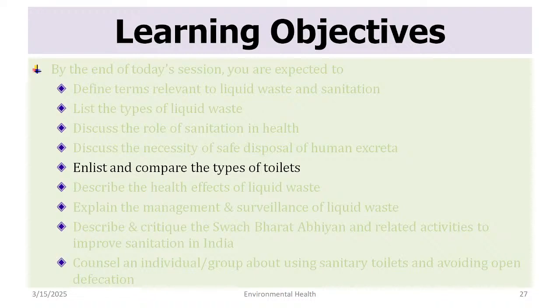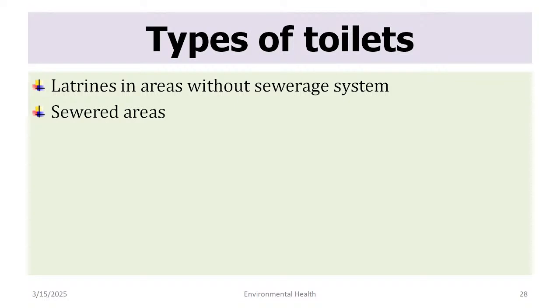So we have a necessity of safe disposal of human excreta. Quickly, how do we know excreta is disposed of? One way is to construct good scientific toilets. I will not go into details of that. I'll show you the types of toilets. They can be classified in 2 ways: if there is no sewerage system and if there is a sewerage system. So we have different types of toilets. In a sewerage system, it will be very simple. Any fancy commode or Indian toilet will do, right? Fancy, non-fancy, it has to go into that pipeline. That's it. But in non-sewered areas, there would be lots of jugaads, and there is a history.